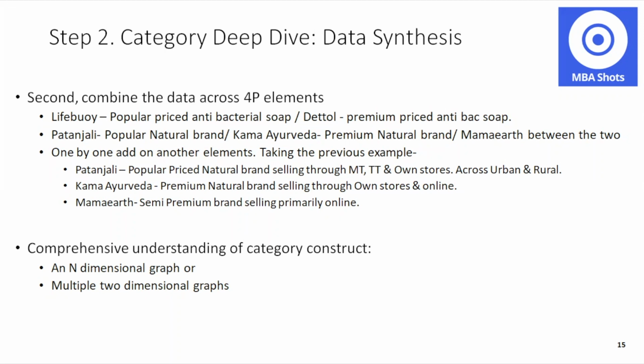So as you do this, this is an iterative process. You keep on doing this. And once you have completed this process, you will have a comprehensive understanding of how the category is constructed. You will actually have an n-dimensional graph with all the 4P elements and the sub-elements as the different axes. Or obviously, you will have multiple two-dimensional graphs where you're taking the information bit by bit and looking at how the different brands and different products plot on a two-dimensional graph with multiple 4P elements as the